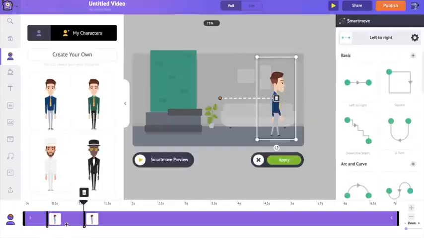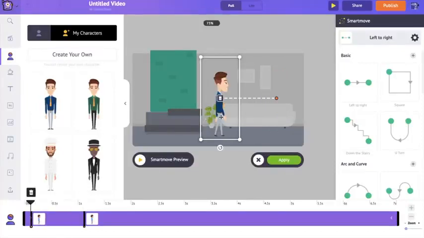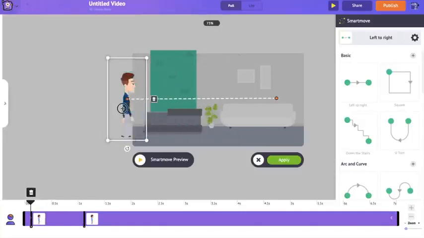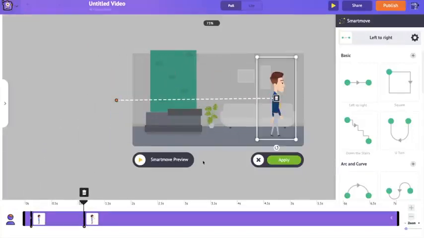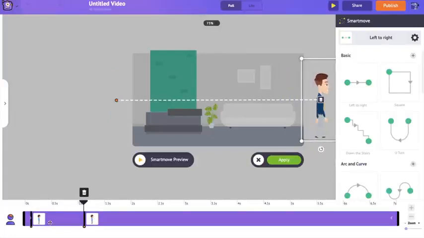Once I selected it, 2 keyframes appeared on the timeline. So these keyframes indicate the position of the character. The first keyframe, I want this character to be out of the scene. And on the second keyframe, I want him to walk out of the scene. The distance between these keyframes indicates the duration for which this action is going to take place. Here, this character is walking, so if I keep this second keyframe, let's say at the 5th second, it means this character is gonna take 5 seconds to walk across this scene.